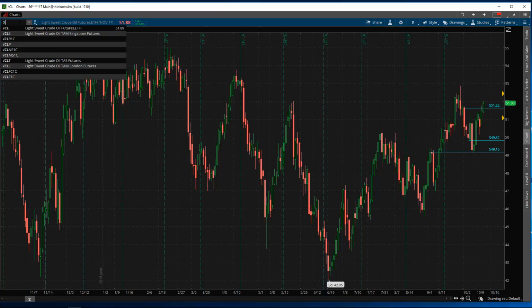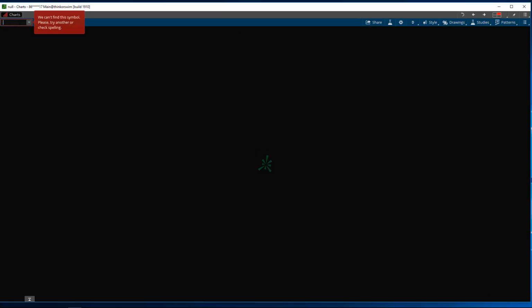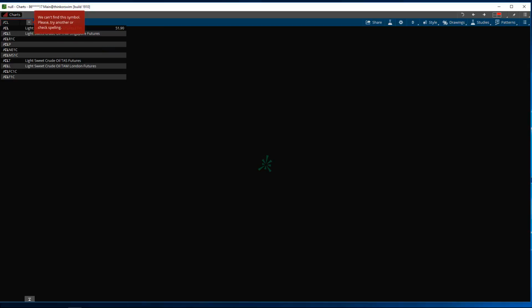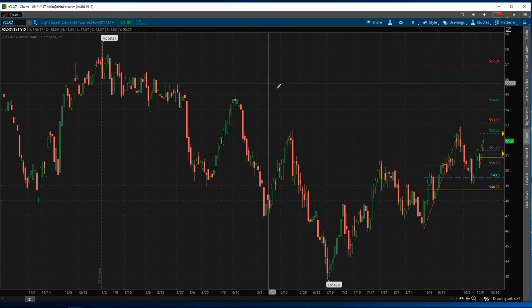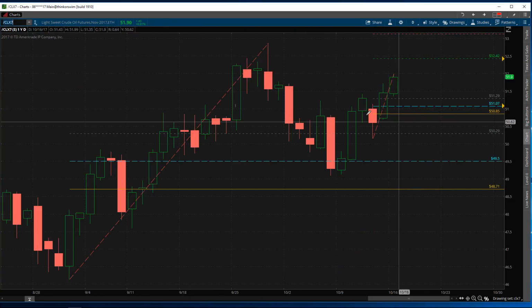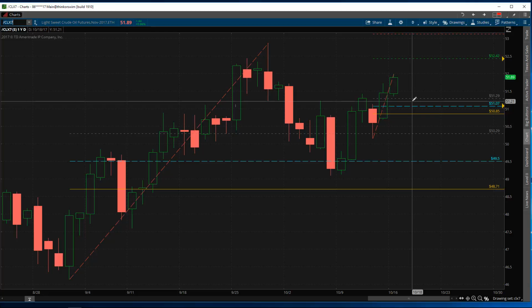Actually, I'll just go X7. It's really the same chart. So /CLX7. What I'm looking at for the oil markets here is a pullback into 51.07 on the November contract for